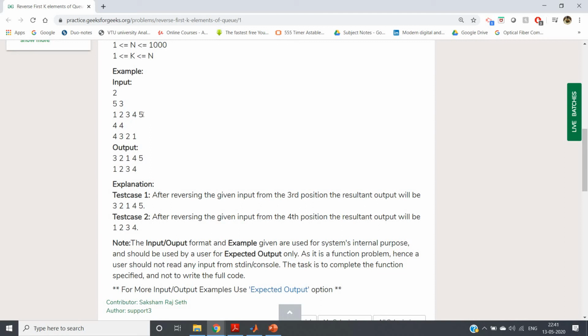So what we can do, we can basically use the list slicing concept and we can take the last elements apart from the first k elements and we will store that in a separate list. And we will do processing on the rest part, and after that we will add the sliced part, which is basically the length of the queue minus k, at the end. So we will simply isolate the part which is the length of the queue minus k, because we no need to reverse that part.